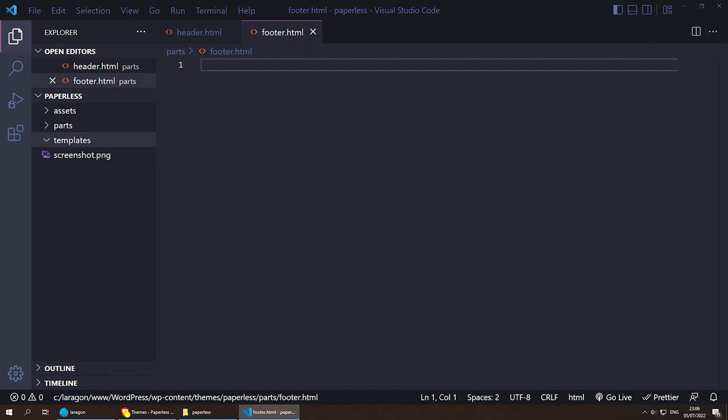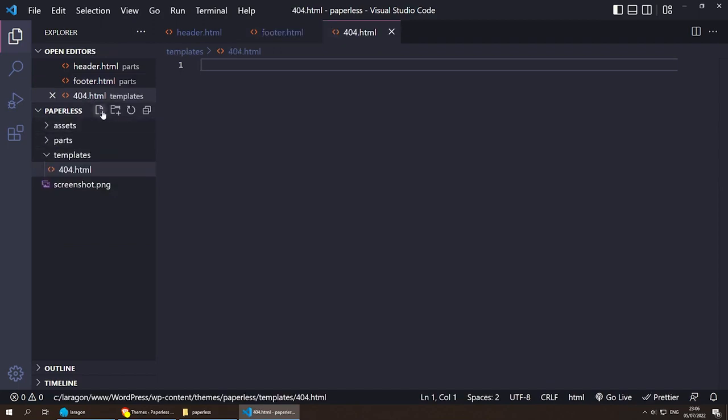For example, we can have a template for a homepage. We can have a template for the blog post. We can have a template for the search page, and so on. Let me start by creating a few of them, and you will understand what I'm talking about in a few minutes. If I was to create a new page inside here, maybe we can have 404.html, and then maybe